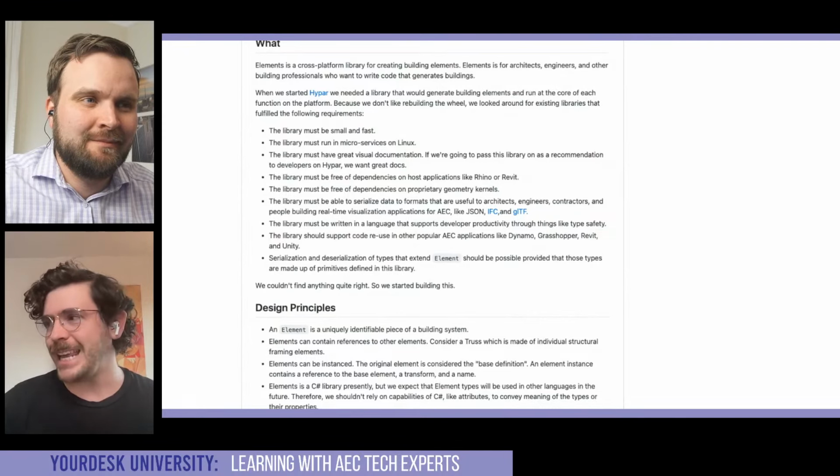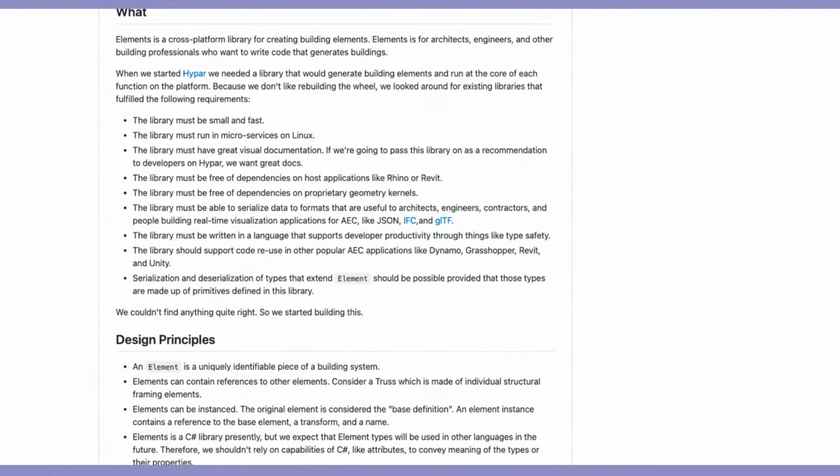It means that any user of Elements, any user of Hypar, can define their own first-class types and not have to modify the Elements library itself. So you can define your own schema, your own way of structuring data, and it plays naturally with Elements. So if you've already got a JSON structure that you want to use, it'll work fine with Elements. If you want to talk about beams or walls or columns differently than we do because you've got some special construction system, you can define your own types that represent that system, and they will play with all of the other types in the Elements ecosystem, no problem.